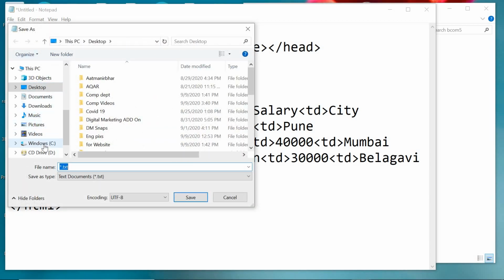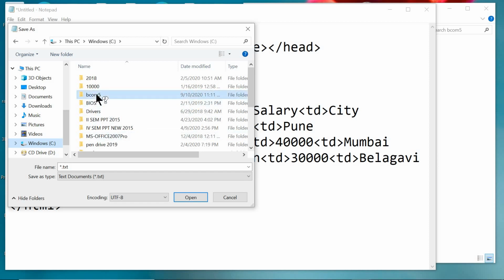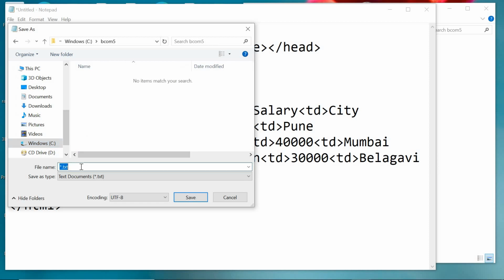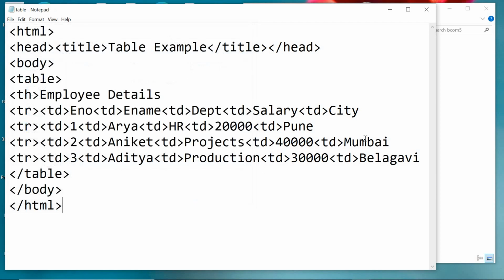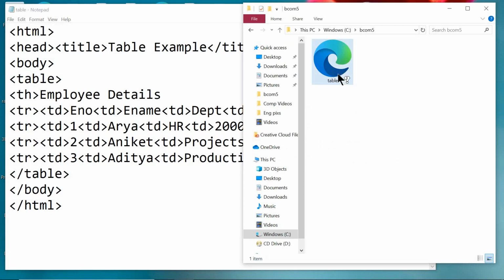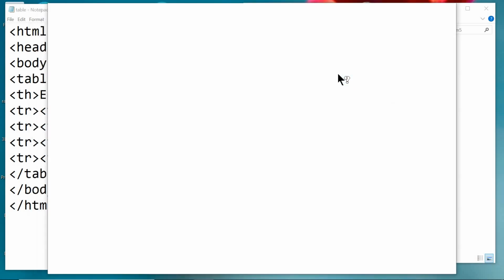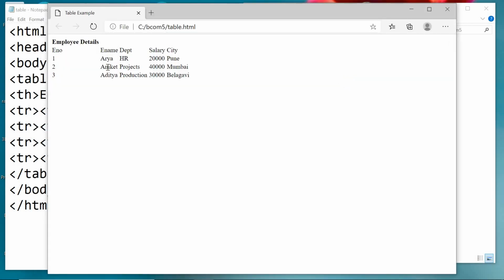This we are going to save in C drive, in the BCom5 folder. File name will be table.html. Save. Go back to that particular folder, double click, and here we can see the output.